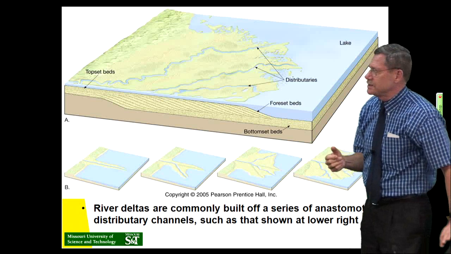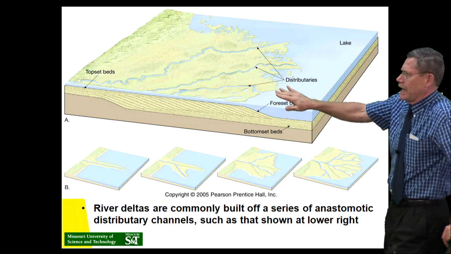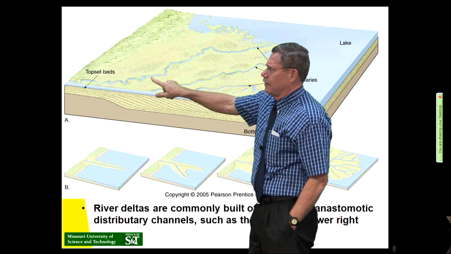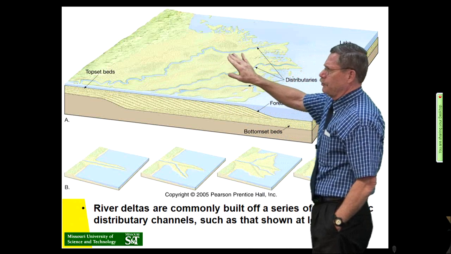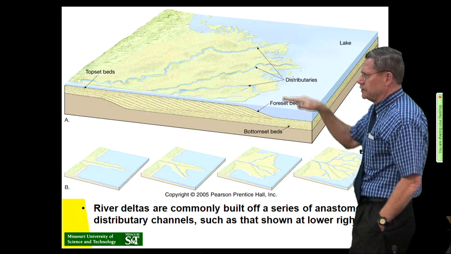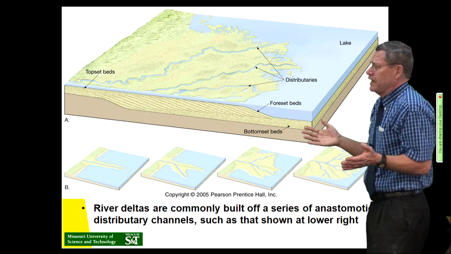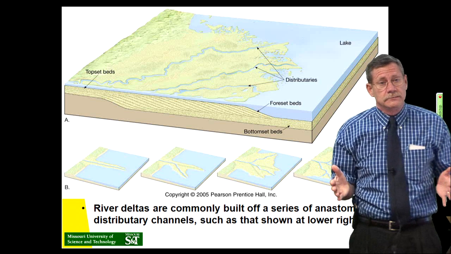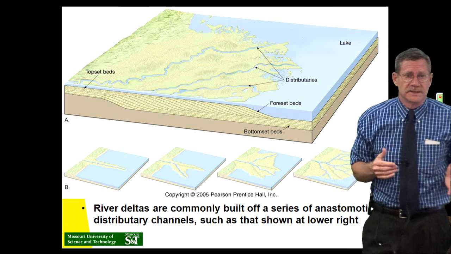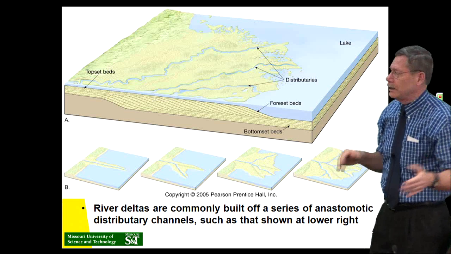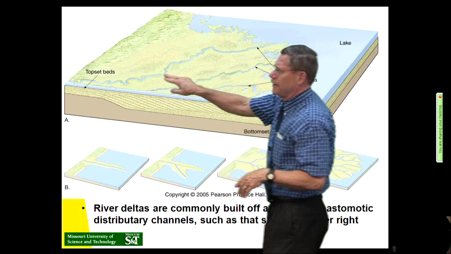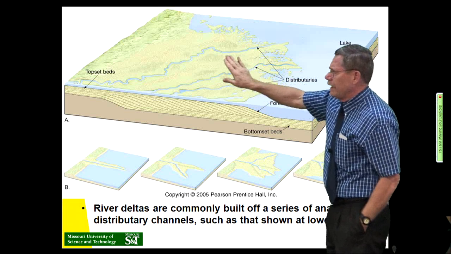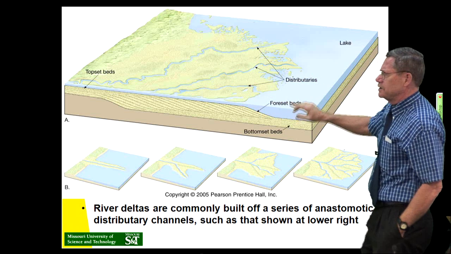When we look at deltas, it's a similar kind of phenomenon, but here we have controlling base level. And so this sediment-laden water is coming out here on a very, very low gradient and pushing. It has to push against the ocean, and the closer it gets to the ocean, the more pushing it does. And the only reason it's even able to win the battle is because the sediment makes that fluid heavier than the seawater. Seawater is about 1.03 times density of clear water, but this supercharged sediment coming down here is coming down at like 1.35. And so it's able to win the tug of war and push this sediment into the